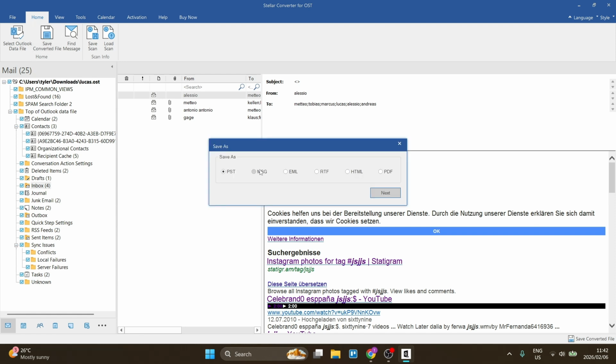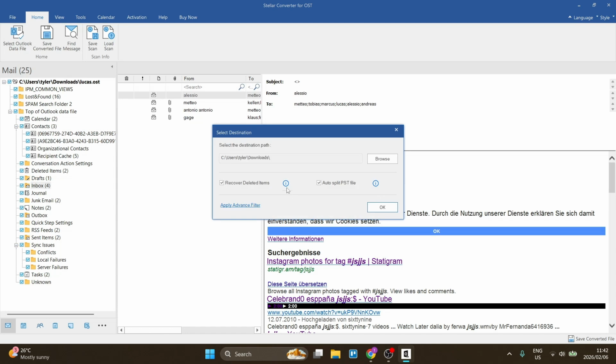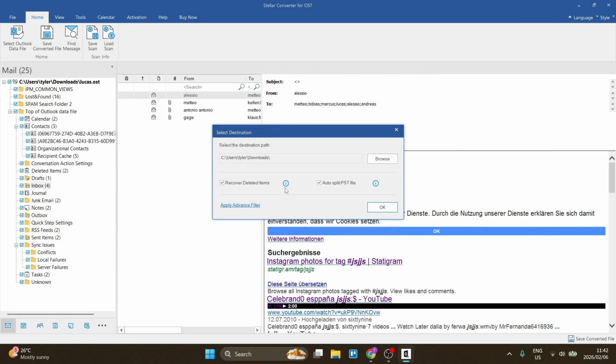So here you can choose what file format you would like it in. Of course we're looking for PST, so click on next and select the destination that you would like your file to be saved to. I'm going to keep it as is, and you can select recover deleted items as well if you'd like that in there. If you'd like to learn more about the deleted items, you can go ahead and click on that info button,